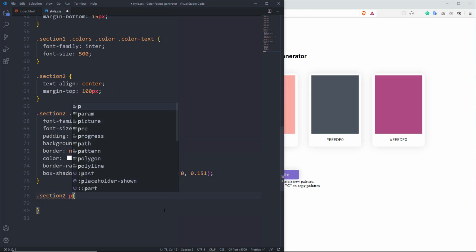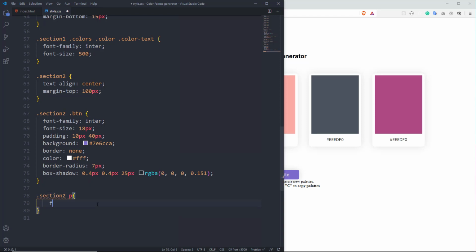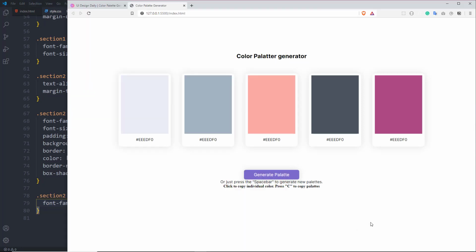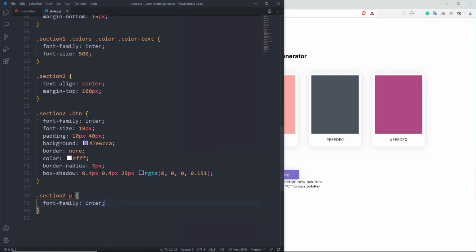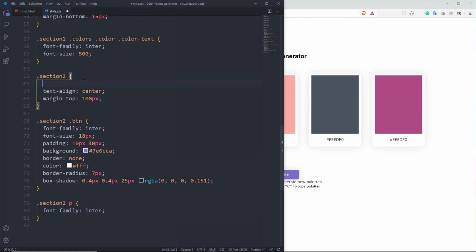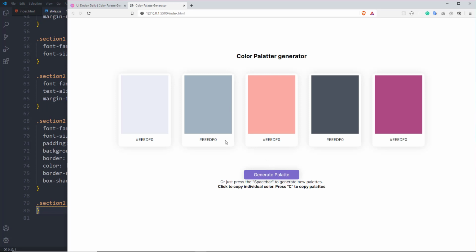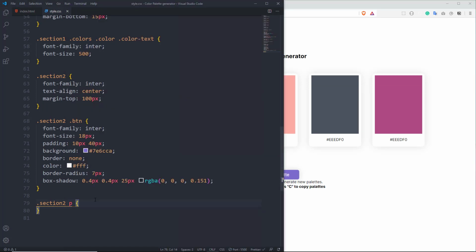Okay, so let's say section 2 p tag, and now we want to give it a font family, which is also Inter, right? I probably should have given it in the, oops, let's make it Inter, right? And then we can just come here and say font family Inter. I think that's the most correct process, rather than repeating ourselves and repeating code, which is a bad habit. Okay, so the p tag will have, I think, a font size of 20 pixels, a bit enlarged,